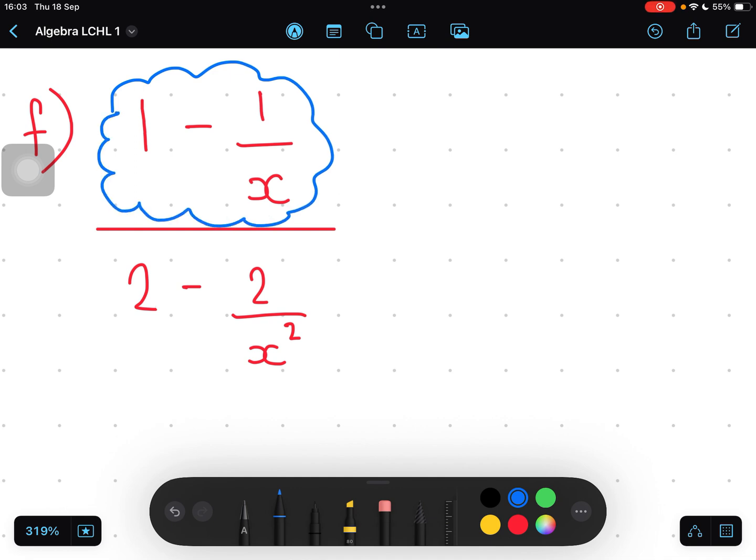can you write that as one simple fraction? Could you? Well, yeah, it's junior cert maths. What is the denominator that we don't see underneath something if it's not there? What's the invisible denominator? It's a denominator of 1. I want them to have a common denominator so I can write them as one fraction. So what's my lowest common denominator between a 1 and an x? Well, it's going to be